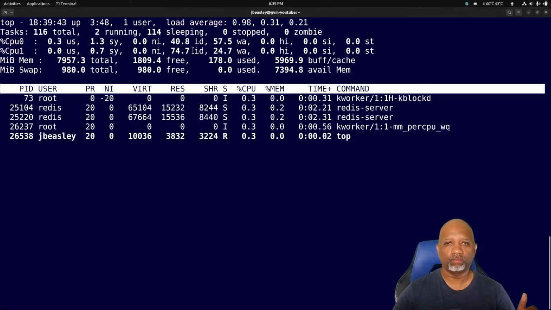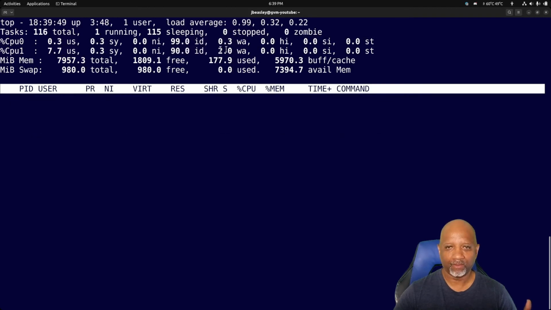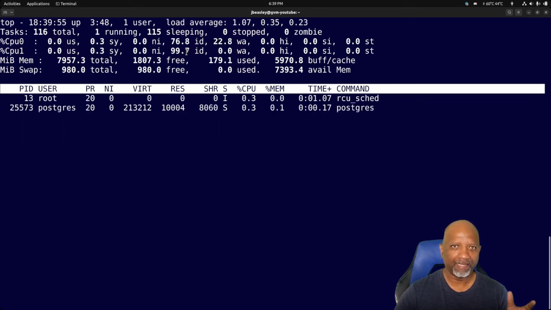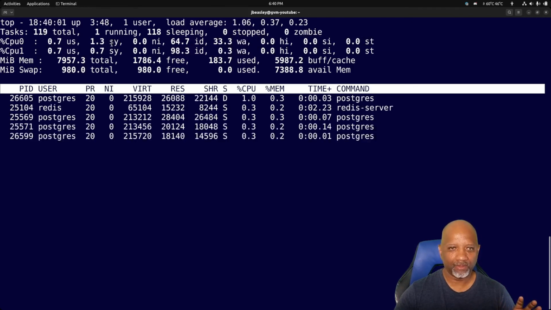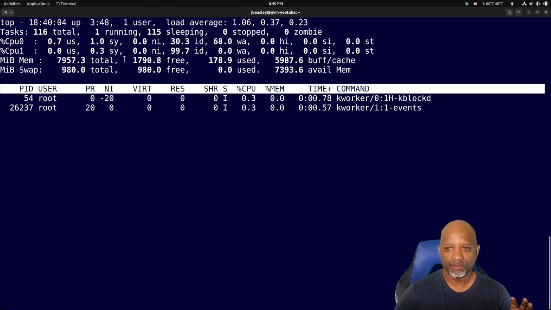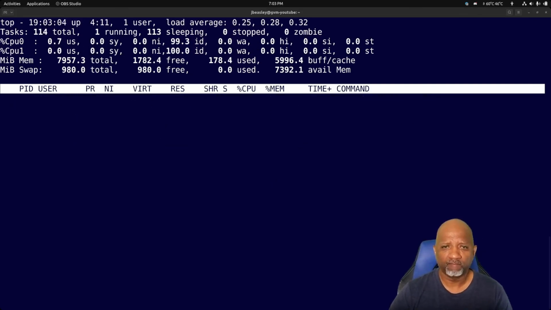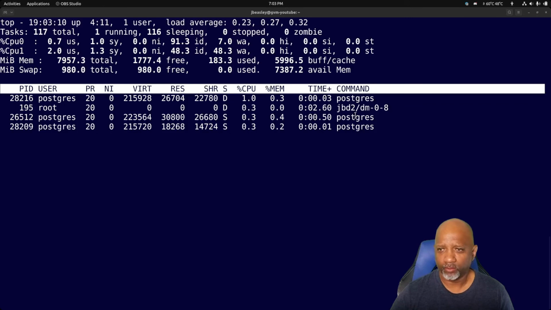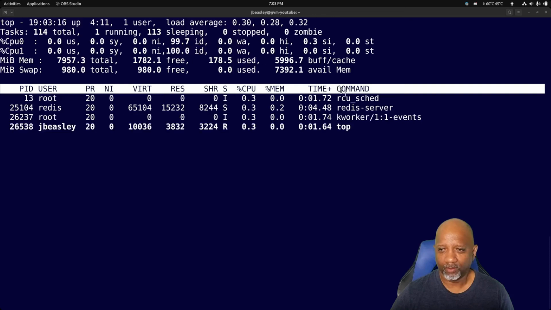So don't be fooled because it says 90% idle or something here. It's doing stuff in the background. You have to wait until it just says idle here, and it'll be 98 to 99%. And you won't see it changing for these wait states over here or for the system or user. So just let it sit there for a good 10, 20 minutes and see how it's done. I've been away for about 30 minutes now, and it looks like things have settled down here. I still see something going on with the Redis server,